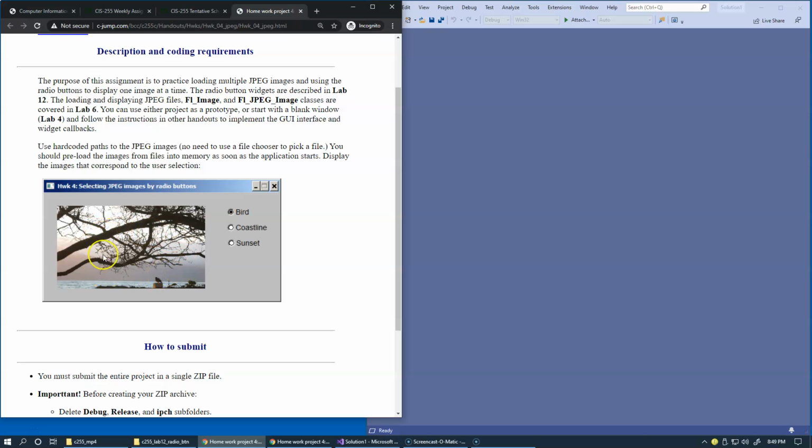It doesn't matter how you store or locate these images, just make sure that they're connected to the radio button choices that the user is able to pick. So you no longer need to use file chooser to pick a file. You can use any prior project, Lab 6 or Lab 12. Perhaps Lab 12 involves the handling of radio buttons, so that could save you some time